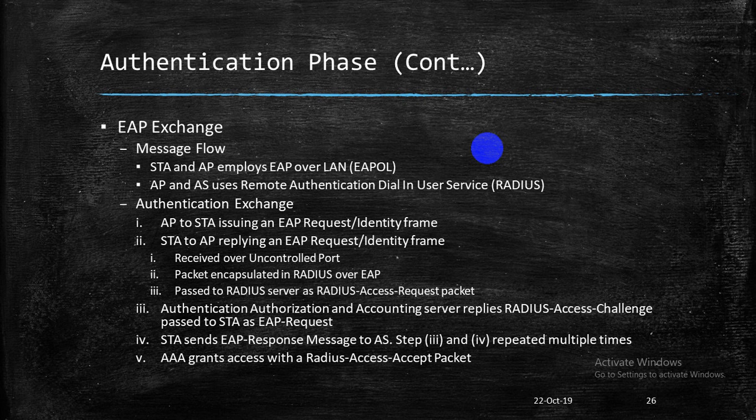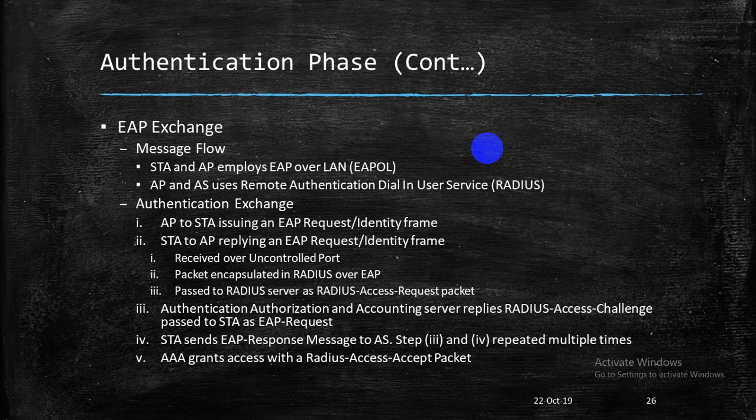And next is EAP exchange. Basically, the Extensible Authentication Protocol is exchanging messages between the station and the access point, generating a message flow. Again, the authentication is exchanged between the access point and the station, ensuring that